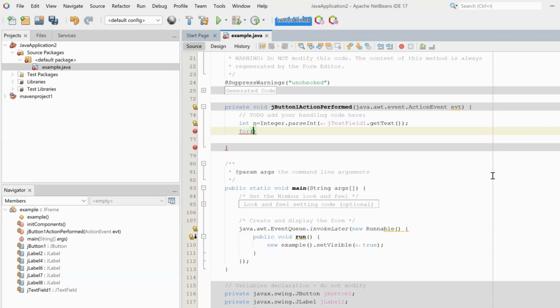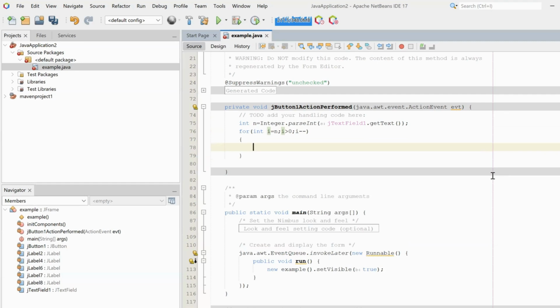I'm taking the outer for loop and I'll take a variable for the row, maybe i, initializing with n. n is the number of rows. As I told you, for example, if it is 5, then the initial value of i is 5 in this case. Now I'm writing the condition: the loop should run till i is greater than 0, that is till 1. So 5, 4, 3, 2, and 1. This way. And here I am using i minus minus. This is for the outer loop, that is for the rows.